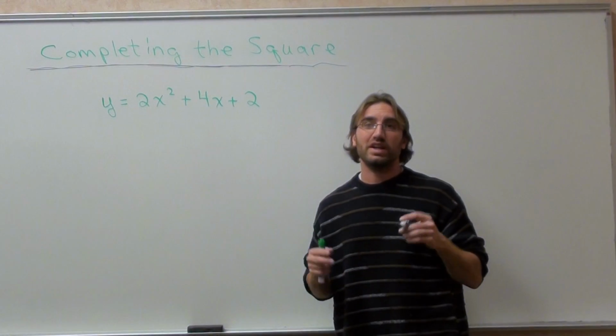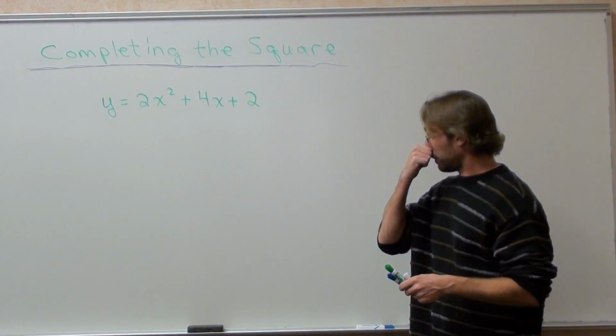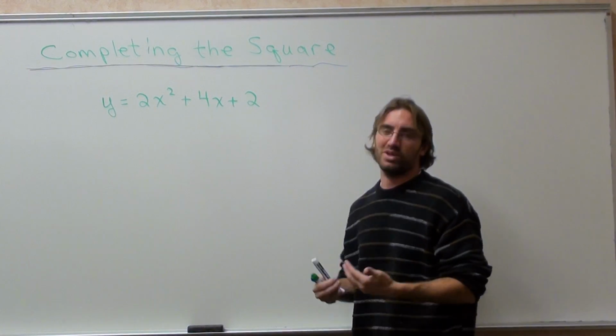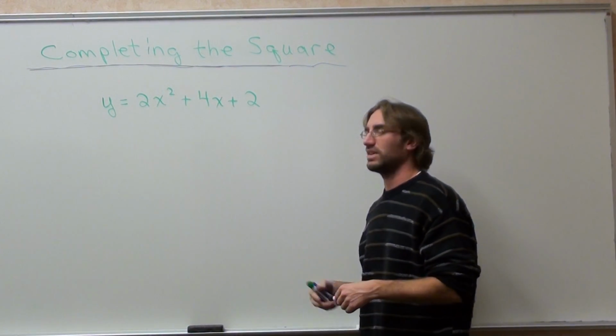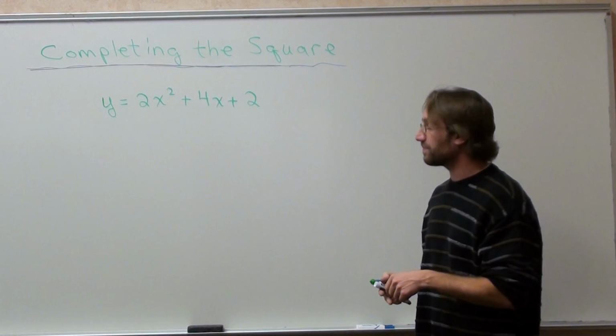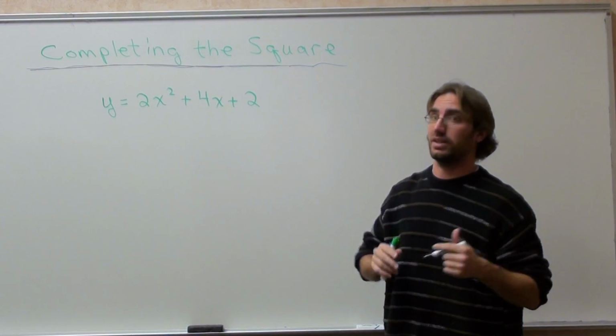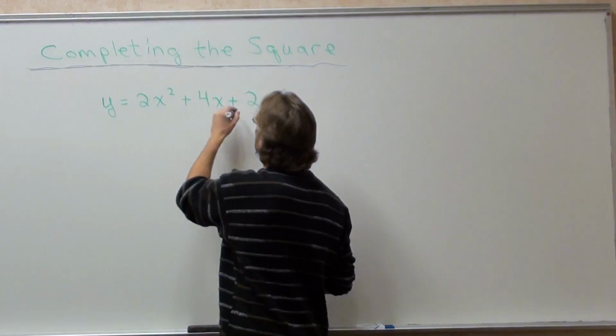Hello again. So we got another example of completing the square, which isn't too bad. This is actually a pretty easy example. You could do this through factoring, you could do this through a lot of different methods, but I want to try this with completing the square. So basically what we have to do is get everything without an x on one side and everything with an x on the other. When we do that,